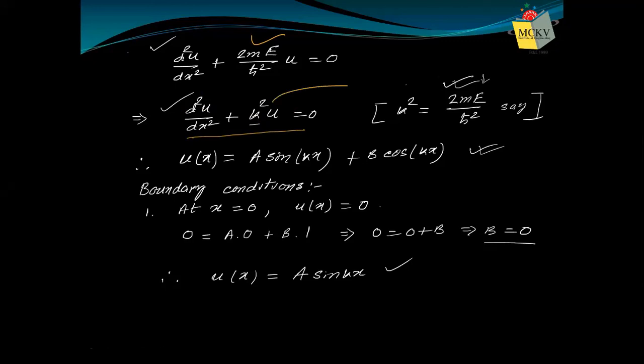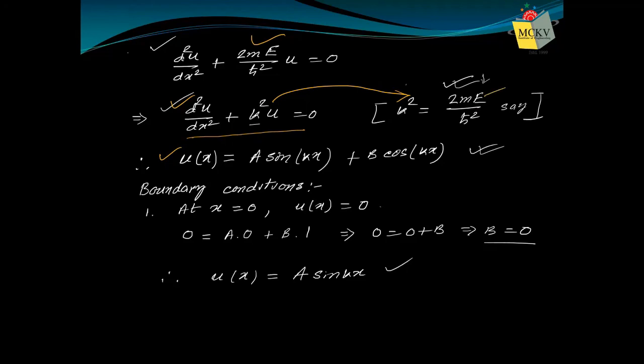So k square is nothing but 2mE by h-bar square. If we have our equation in this form, then we have the ready-made solution: u equal to A sin kx plus B cos kx. A and B are two constants, and k depends on energy E,